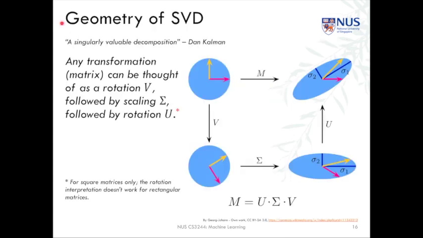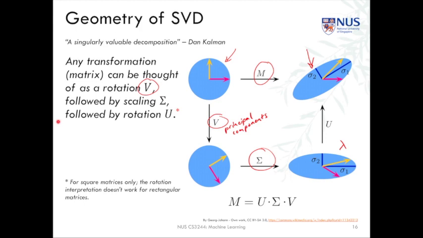To understand SVD, it helps to think about its geometry of what it's trying to do, and this is applicable in the square case, although it's helpful to understand overall. The idea is that we have original data that we want to transform in some way, using a transformation M to get data output. But what we want to do is decompose it into three component transformations: a rotation V, which is finding our principal components, the orthogonal bases that we need, followed by the scaling by our eigenvectors, followed by the projection of all of the data into the weight matrix